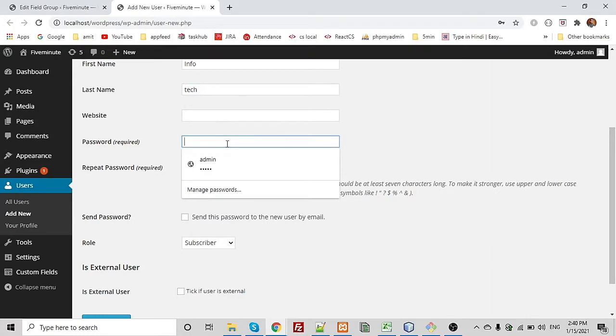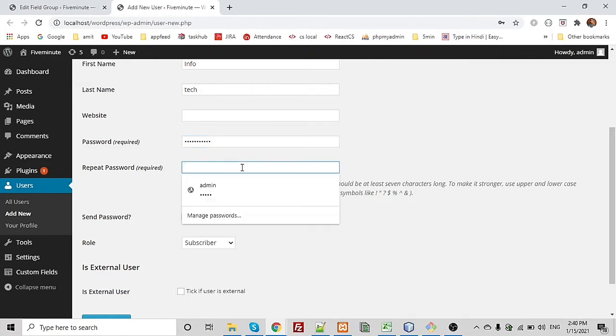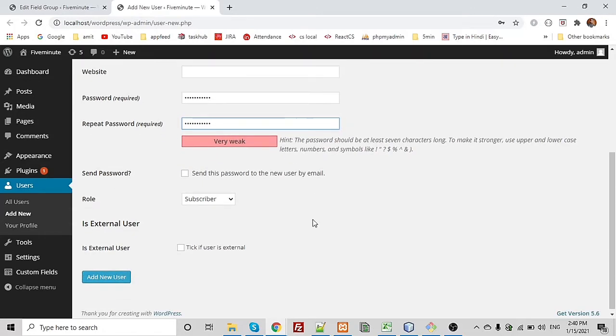Password, anything you can give, like the info tag. Here I will also give the info tag. Role, anything you can choose.